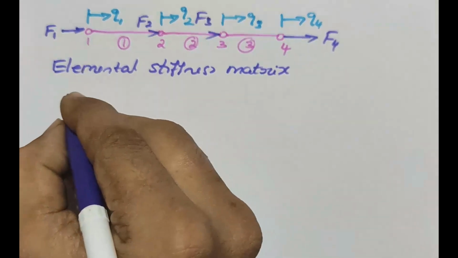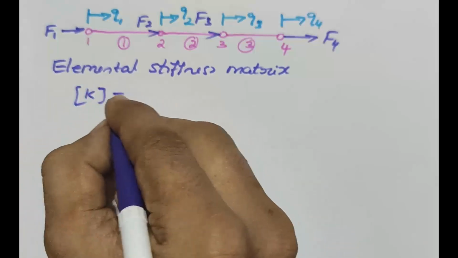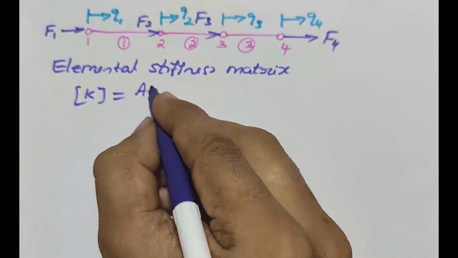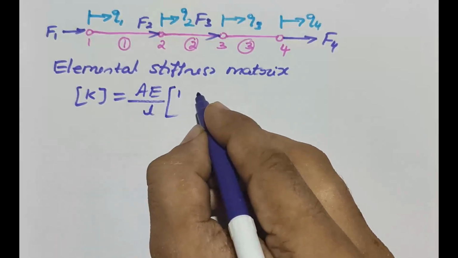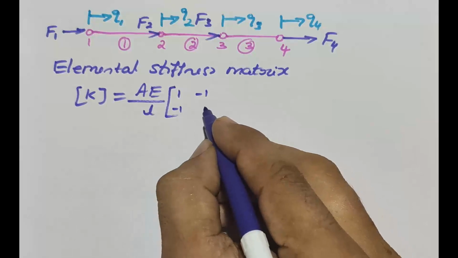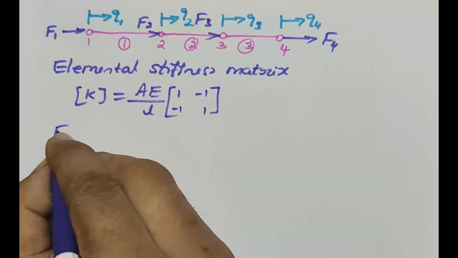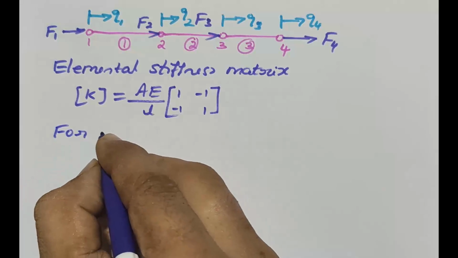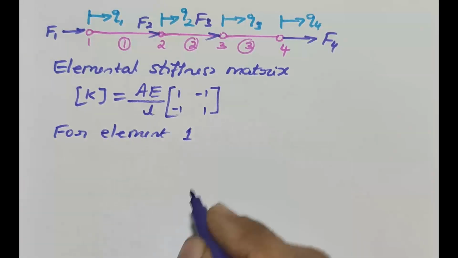We know the formula for the elemental stiffness matrix. K is equal to AE by L times the matrix 1 minus 1, minus 1 1. Now for the first element, for element 1,